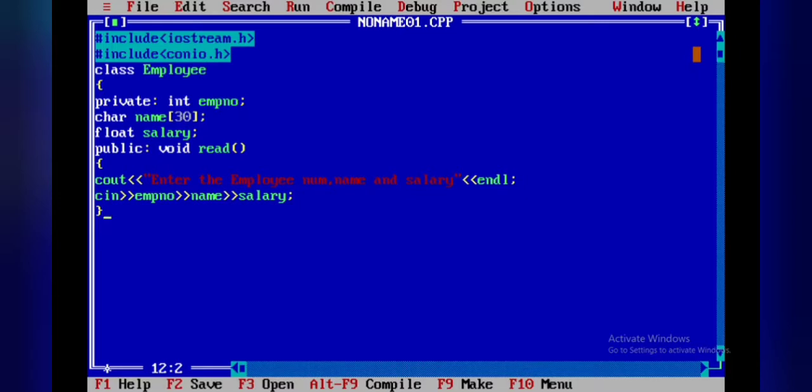What all have we taken? Employee number, name and salary. In void display I have to display all these values. So void display function, cout employee details are as follows.